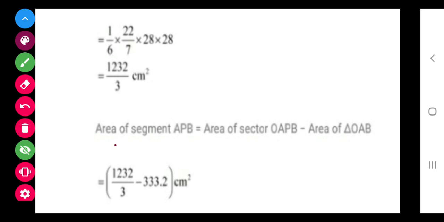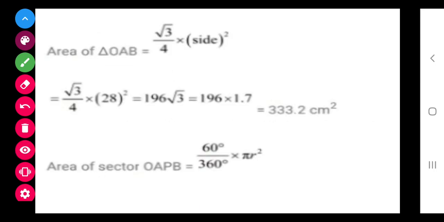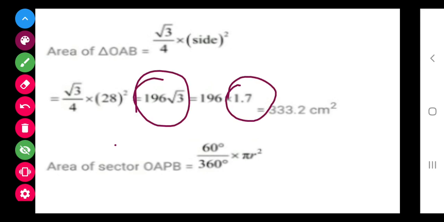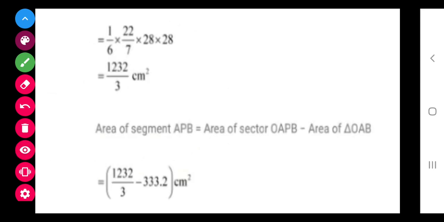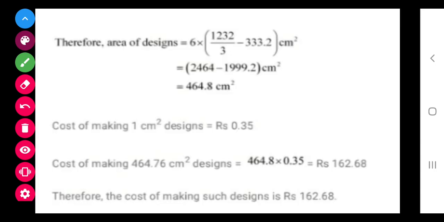In this also you can leave the question in roots only. Till here you can leave, that's not a problem. They have put the value of root 3, I have told you many times, 1.732. They have put 1.7 only, approximate value they have taken. So that's the thing. Now class, finally